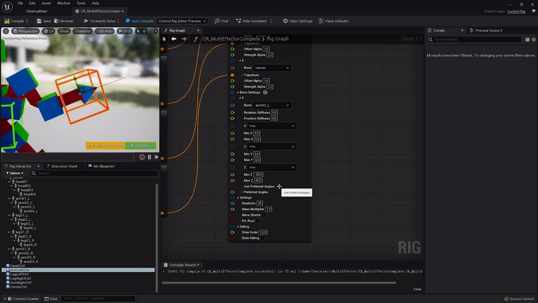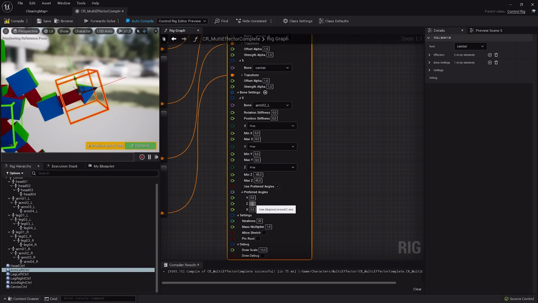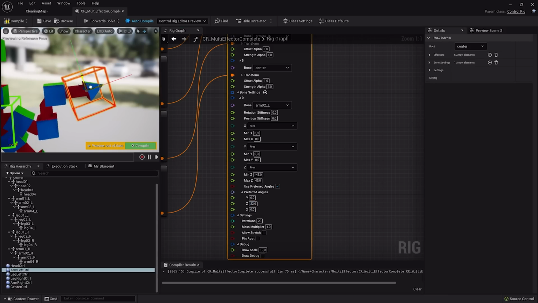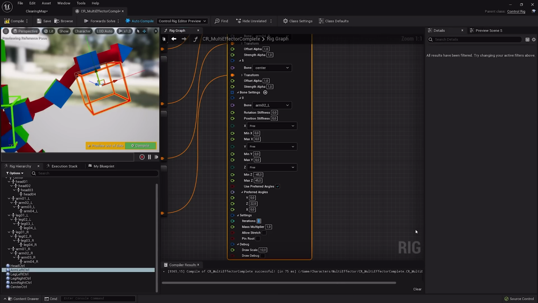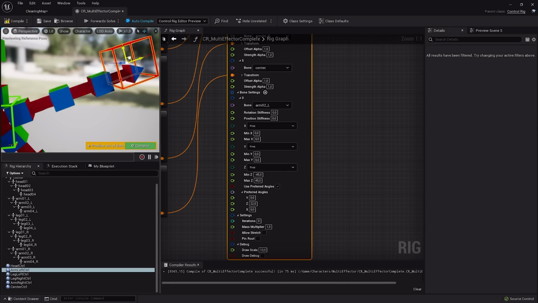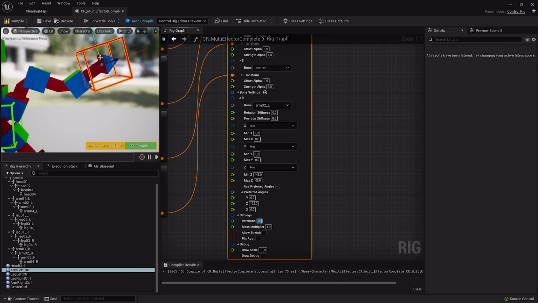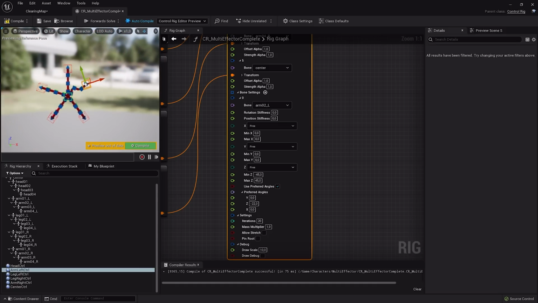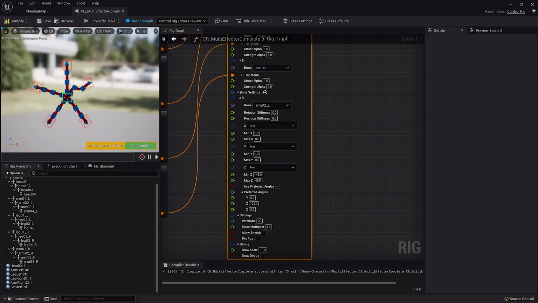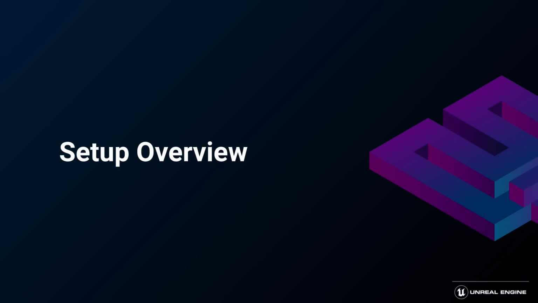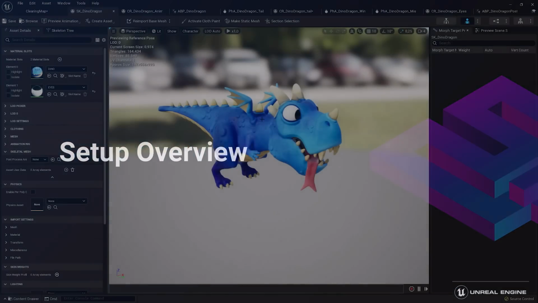A very helpful setting is the preferred angle. When we set this on the Z-axis, we specify how much the bone should rotate when the chain is squashed. Sometimes it helps to set the duration to 0 because the preferred angle is done first. In this way, we can directly see the result of our settings. And by setting it to a negative value, the rotation is in the other direction. So in this way, we can set up the rules for how our bones should behave. So the solver is already doing the heavy work you would normally do with quite a complex rig. With this knowledge, let's now dive in and take a look at our character.